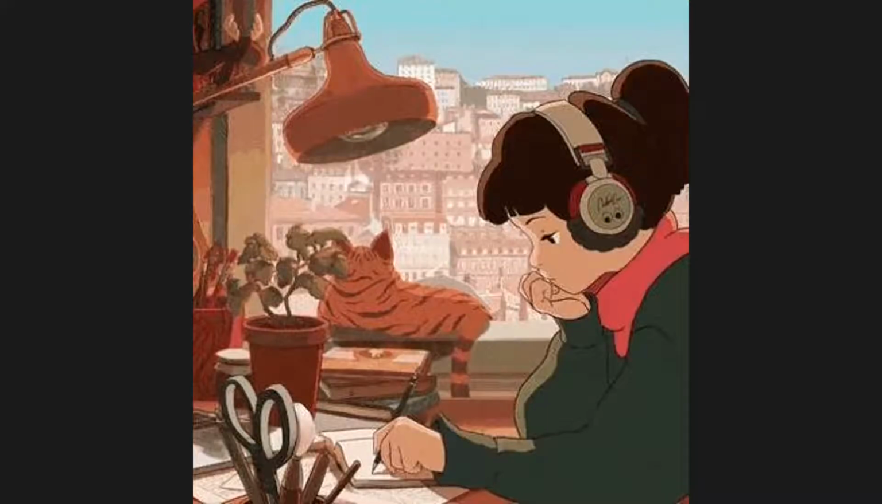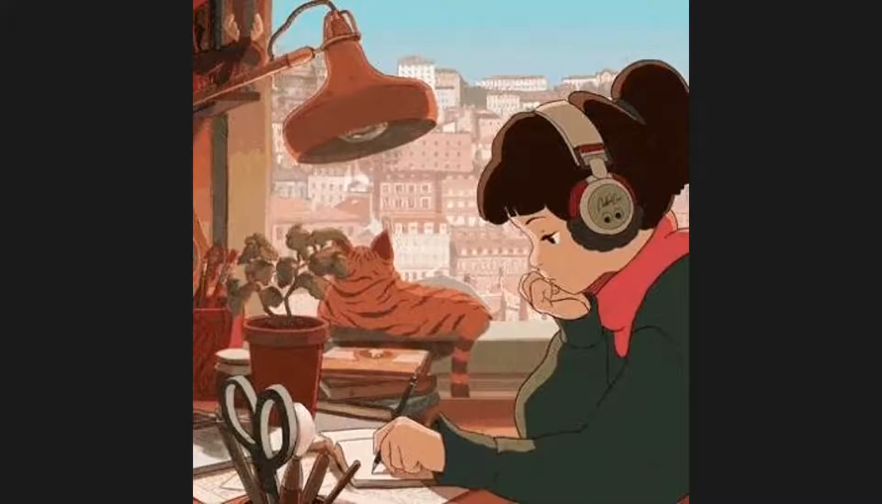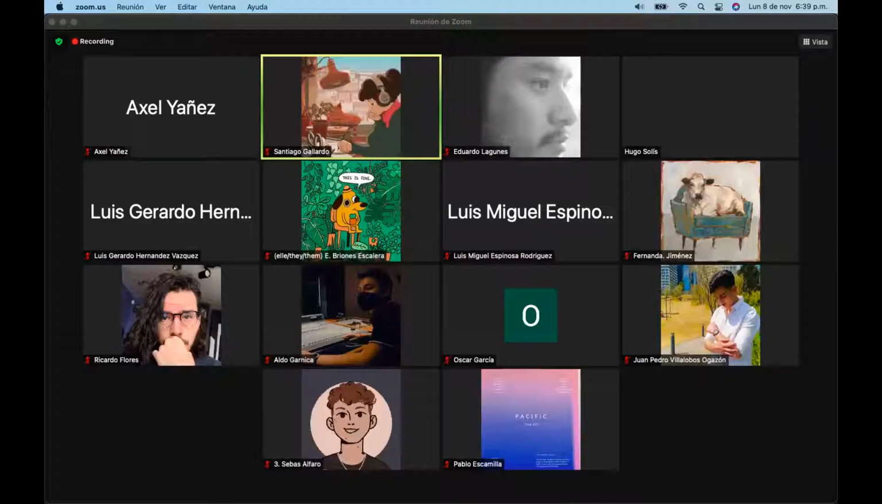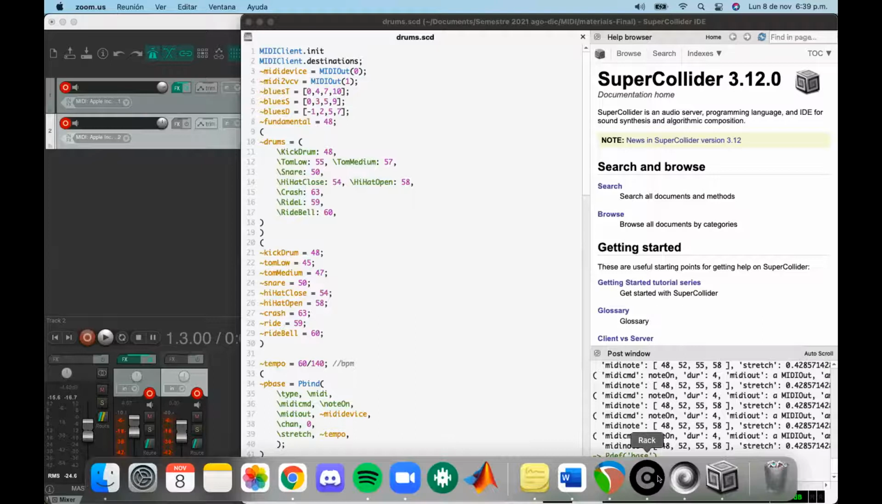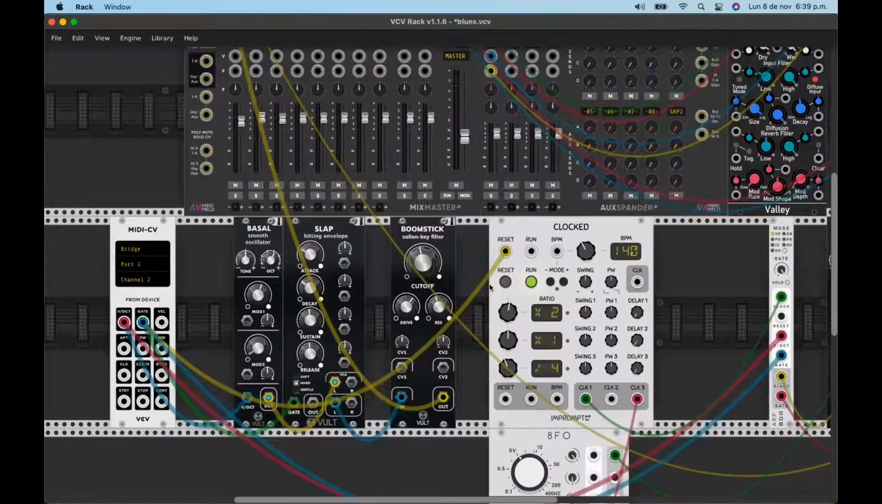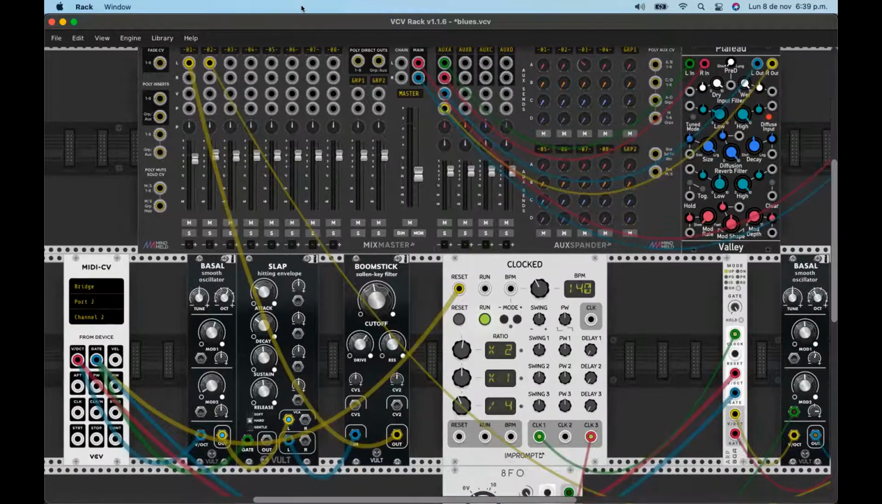Teacher, how do I send the code from SuperCollider to VCV Rack? How can you what? Sorry. Send the code. The MIDI values? Yes. Can you share your screen? Okay, you are on VCV. Are you on Mac or Windows? You're on Mac. So first of all,